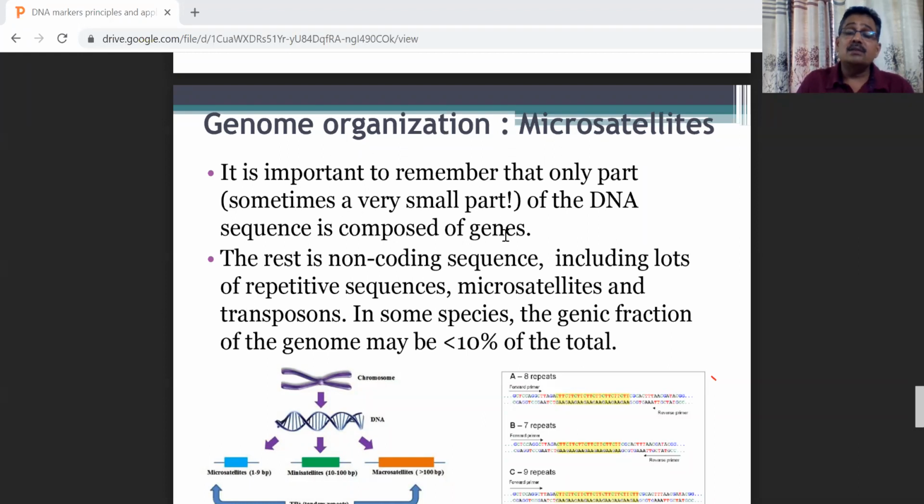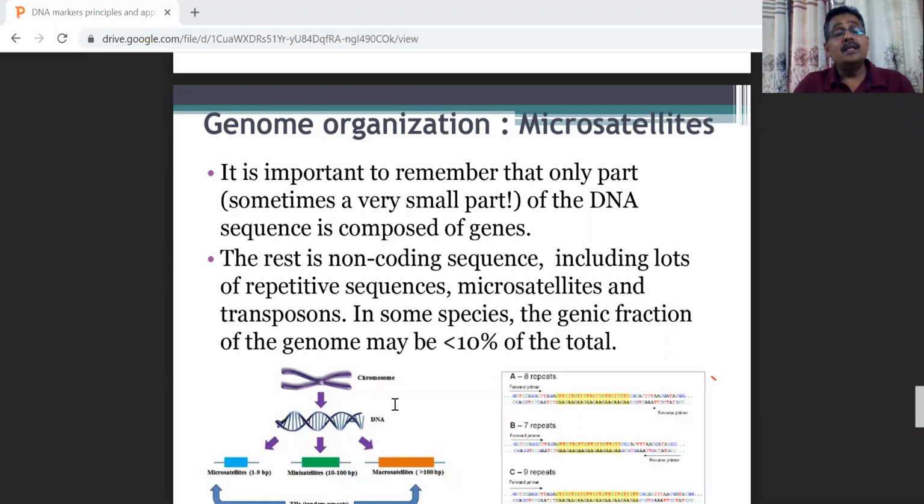We are using them for developing a marker that we call the SSR marker, or simple sequence repeat marker. In any genome or species you can see that the genome contains a lot of SSRs. You may see repeats in some centromere regions, some telomere regions. You have a lot of big repeats in the centromere and telomere regions.